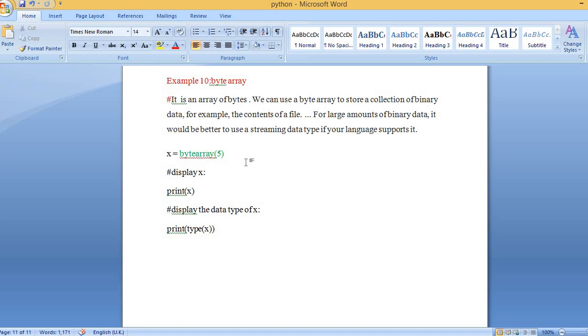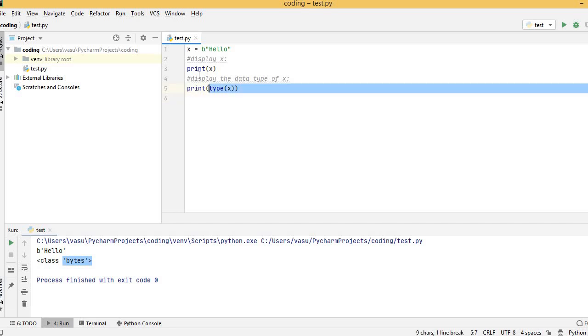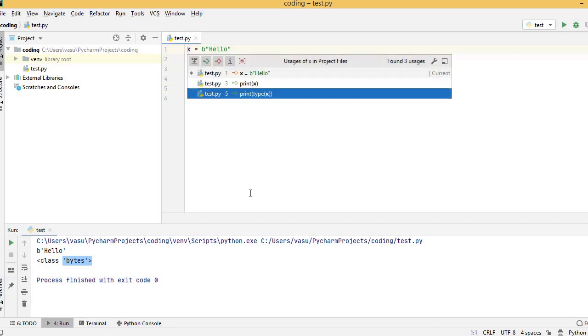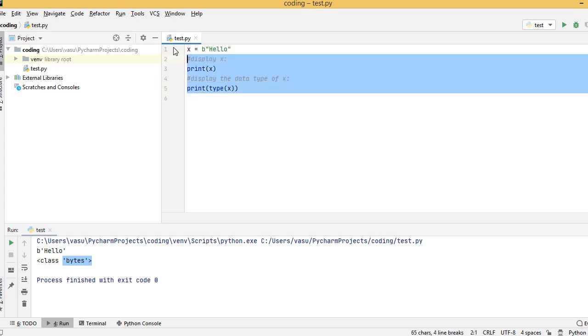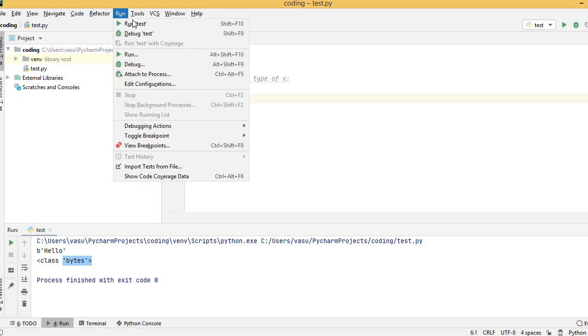So I have given x equal to byte array of 5, print x, print type of x. Let me see the output. Then I want to paste it here. Let me run this.